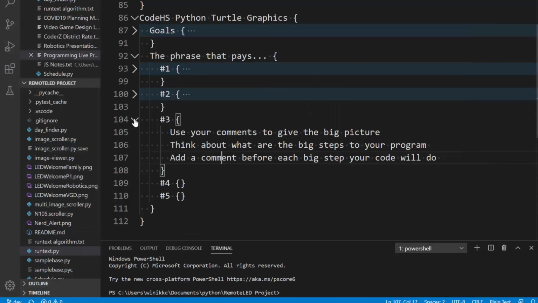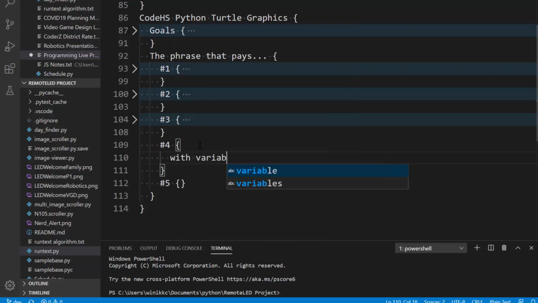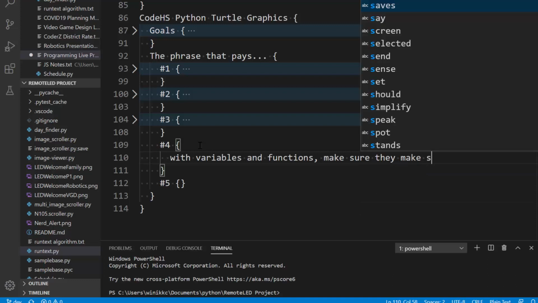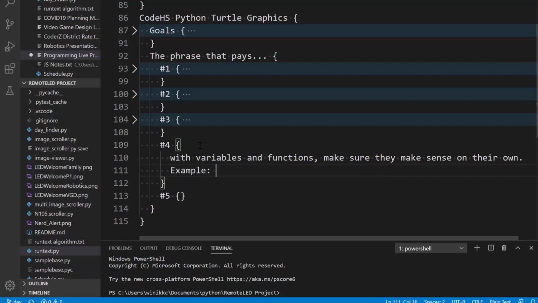So for my phrase that pays, number 4, with variables and functions, make sure they make sense on their own. Okay, example, make square makes a square, right? Now, you don't want to make them too long, but I would err on the side